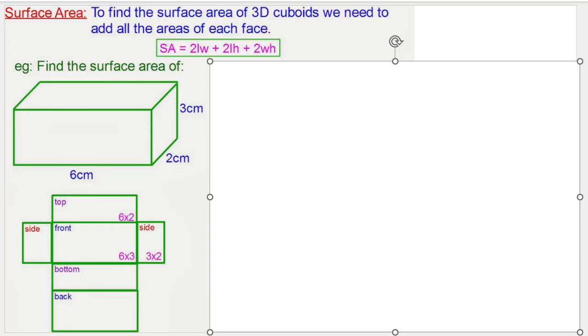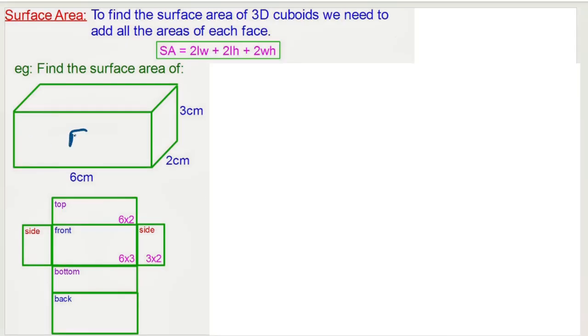Hi and welcome to this video on finding the surface area of 3D cuboids. Now, as you can see from the image that we've got on the screen, I've got a cuboid here and we can see three visible sides. So we can see the front, which is this one here, we can see the top, and we can see